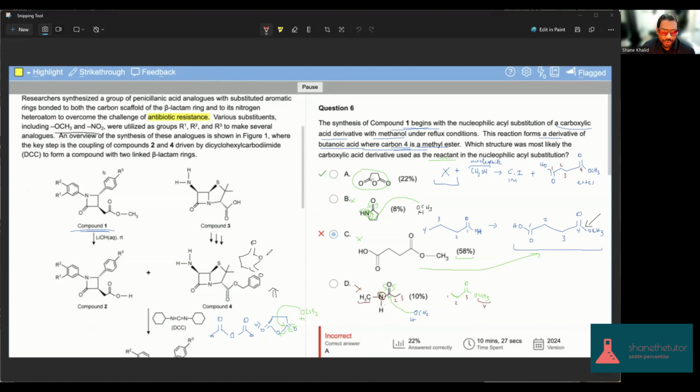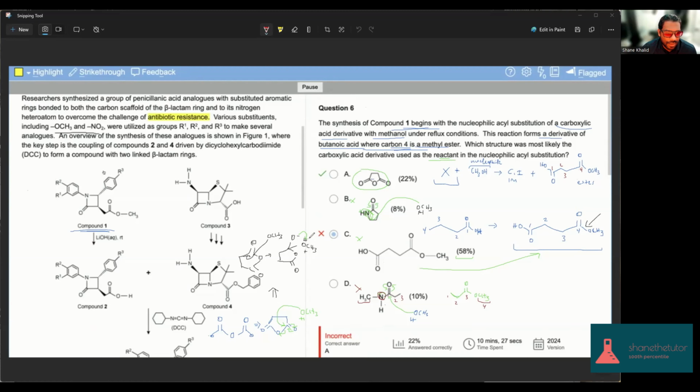So that's the original molecule, and then it will turn into, so if the methanol attacks here, a double bond will turn into a single bond with a negative oxygen. And it would also be bound to the methanol, which would give it a plus charge there. And what can happen here is this negatively charged oxygen can get protonated here.